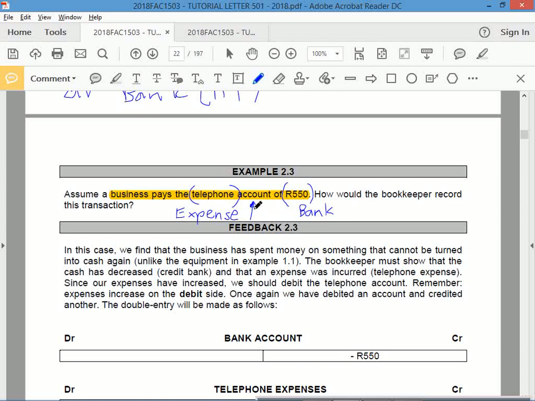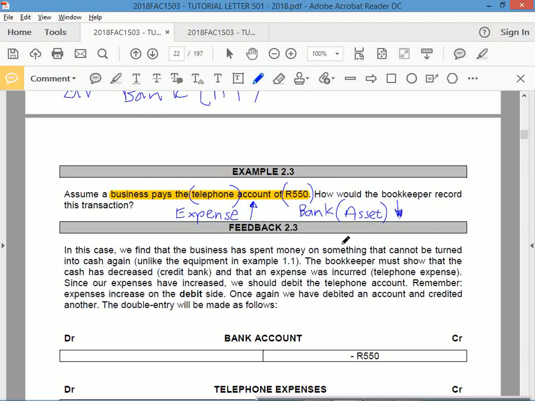All right, so just remember that. It's not that you're paying the telephone expense, so don't think about that as paying it off. You're not. You're recording the expense that you're paying. That's the key. Right, so expense increase, bank. What is bank? Good. It's a resource. It meets the definition. If you're paying, what's going to happen to the bank? It's going to decrease.